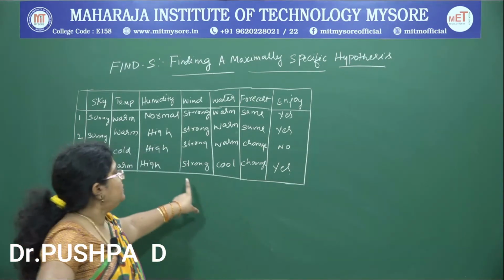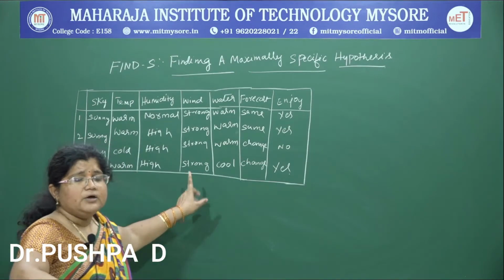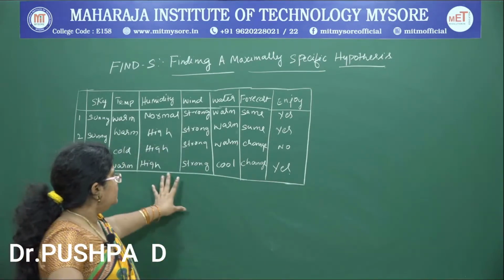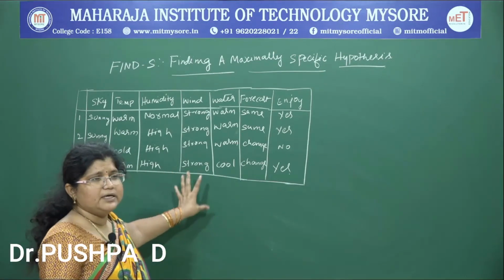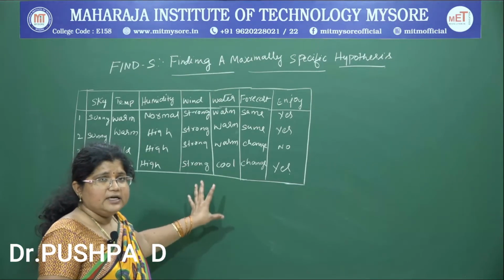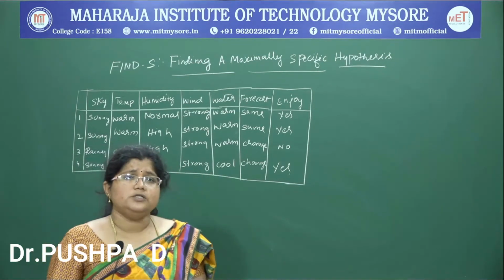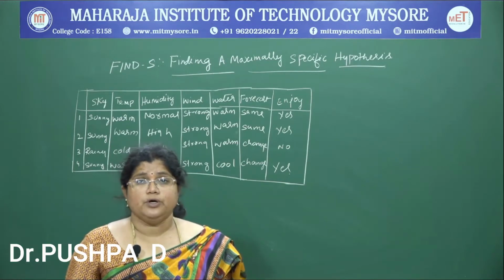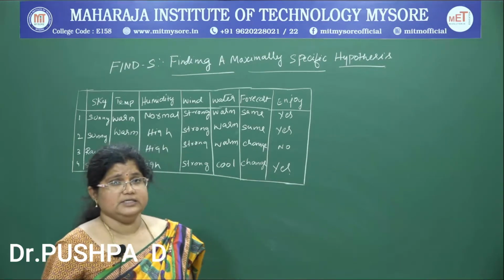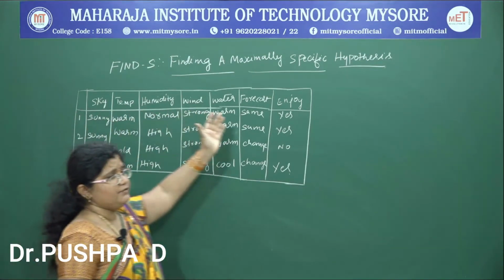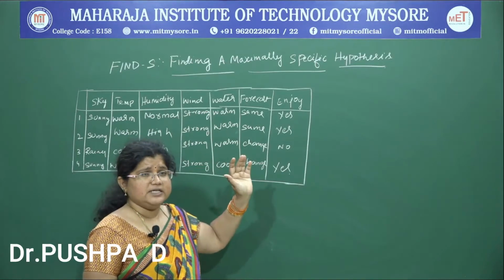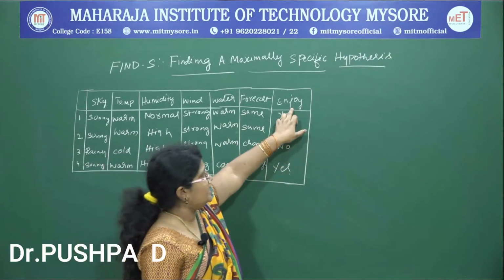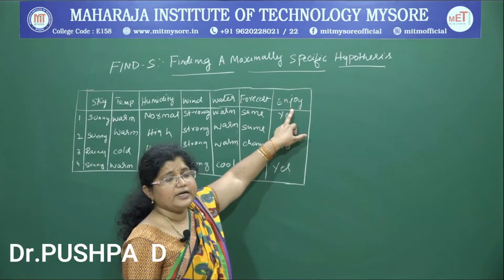This table refers to a simple example which we have already seen in concept learning, where the concept of this training data set is that a person wants to enjoy a water sport. What attributes are considered? There are 6 attributes. Along with the 6 attributes, the target concept is specified, that is, Enjoy, which indicates the target concept.